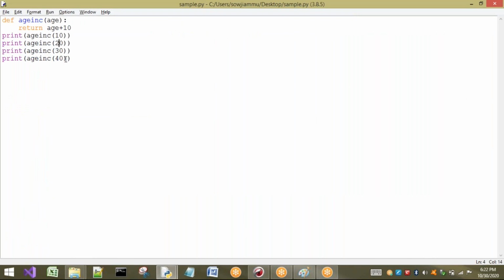But if it is a large program, let us consider, or I want to include some assert statements here. Now observe carefully. Here I am going to insert assert statements. So what is the condition I have to write here? Whenever I call the age increment function, AGEINC, by passing a value 10, this is the condition I am writing. Is it returning 20 or not? It is going to check. If it does not return that, it is going to throw an assertion error by providing the message: age should be